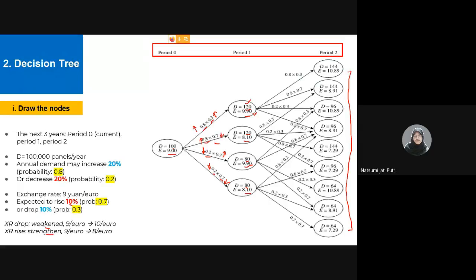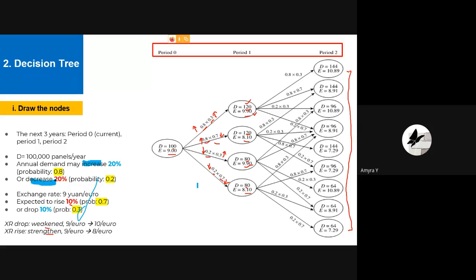Kak, mau nanya deh, Kak. Iya. Kalau untuk dari period 0 ke period 1 itu bukan dikali dengan probability-nya ya jadinya, cuma dikali dengan stated increase atau decrease ya? Iya, kalau untuk penggambaran di sini kita hitungnya dari, bentar, mana sih kursornya? Iya, dari sini. Untuk yang probability ini nanti bakal dihitung di step selanjutnya yang table-table itu.